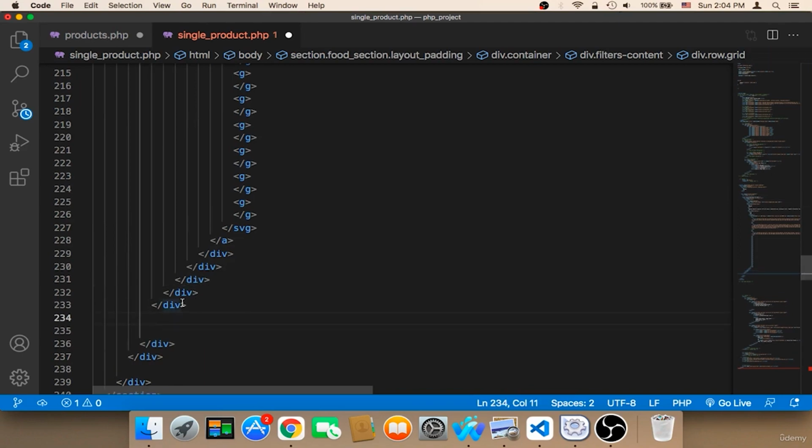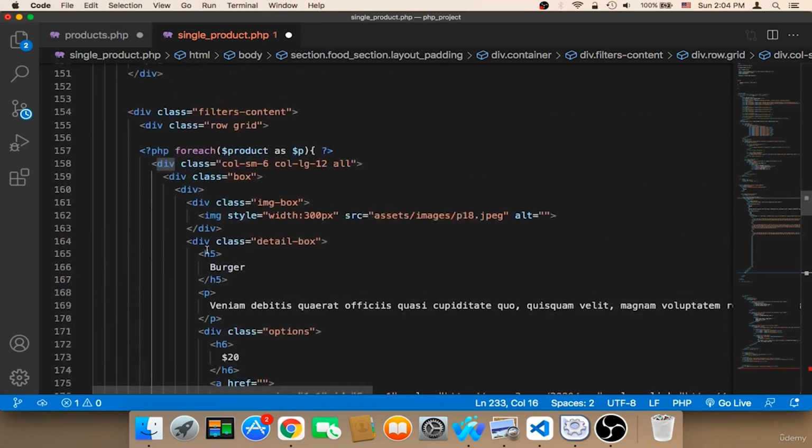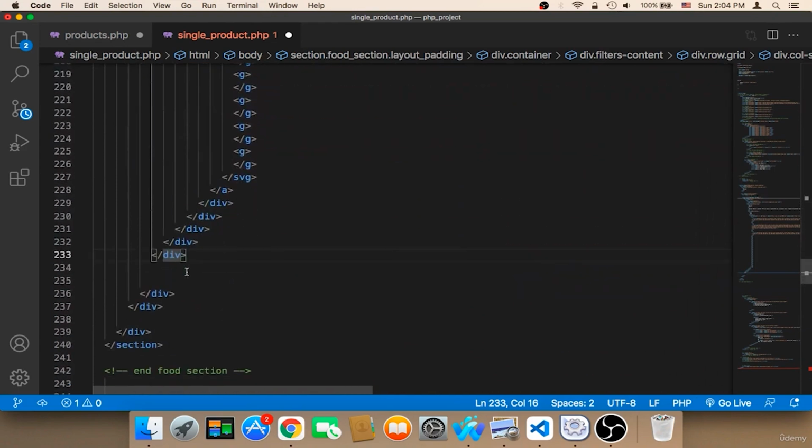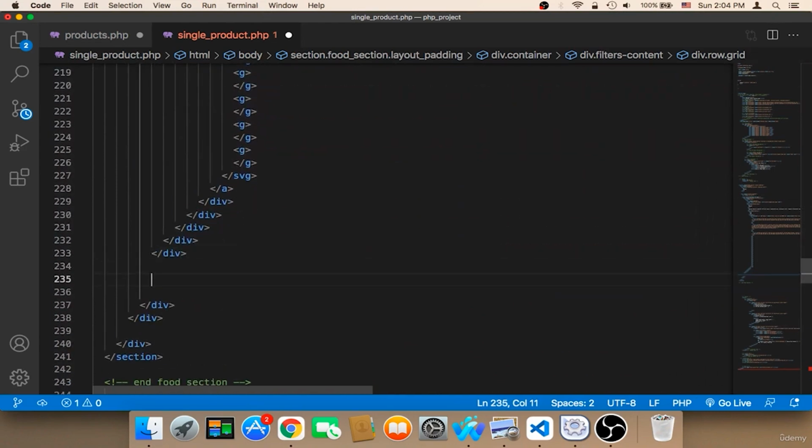Actually I think this one belongs to this. So here we need to say PHP, and then we close the curly bracket,